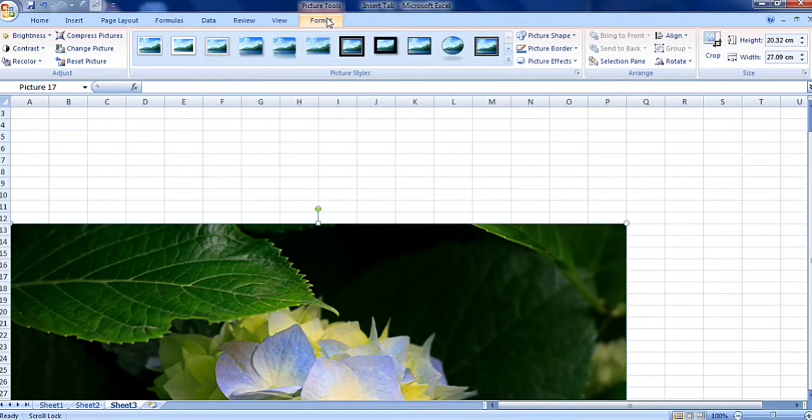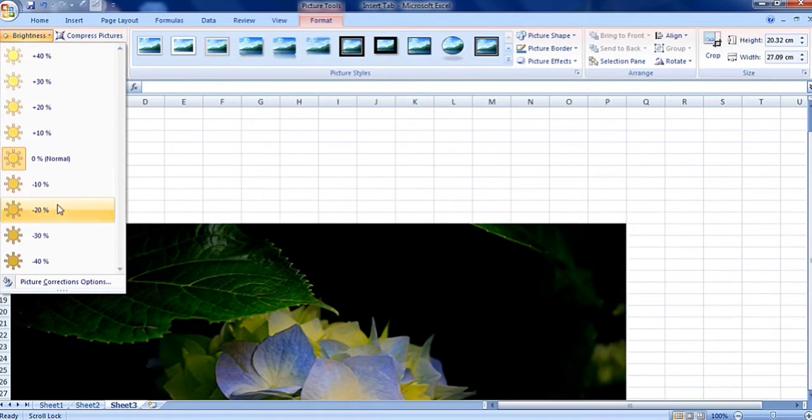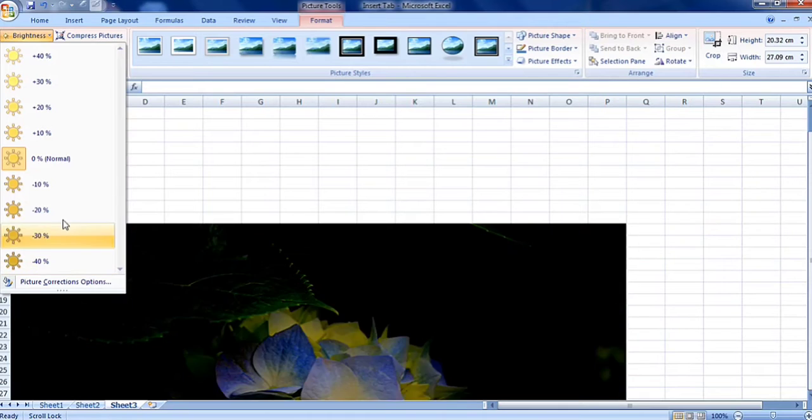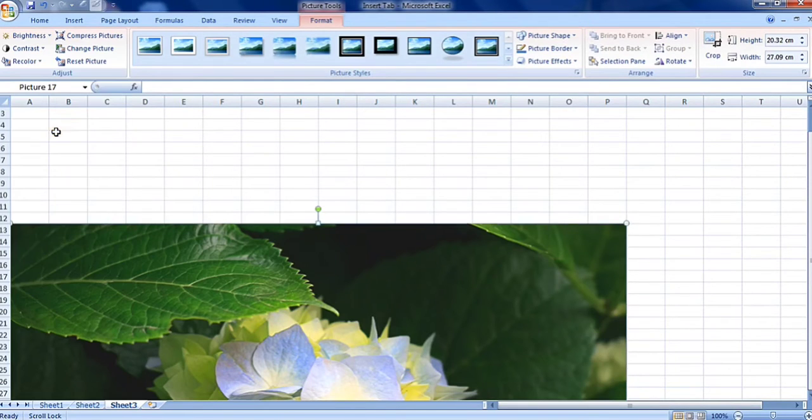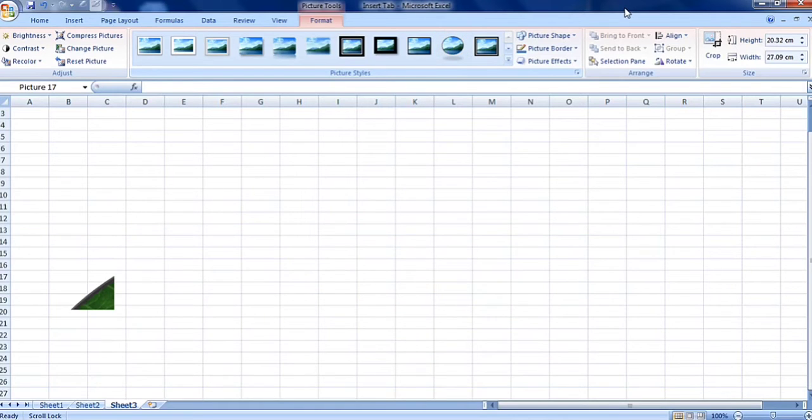Immediately you can see the Picture Tools tab. Using this we can format our picture as per our need. You can change the brightness. Here you can see the live preview. Then we can change the shape.